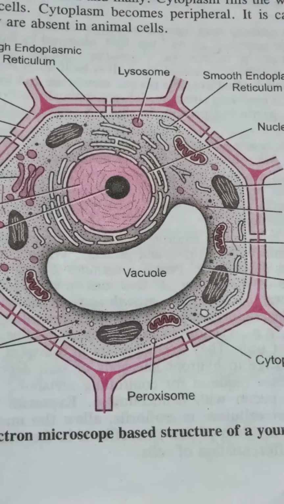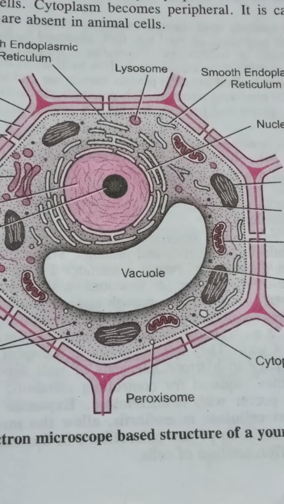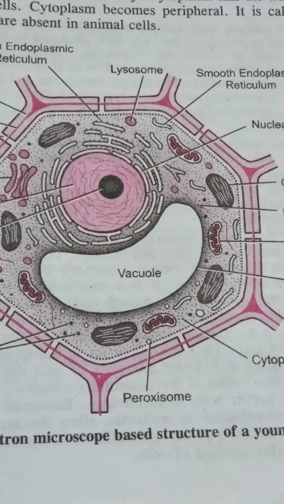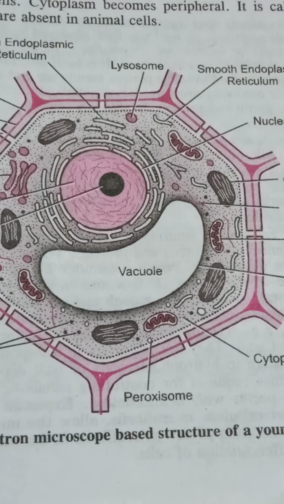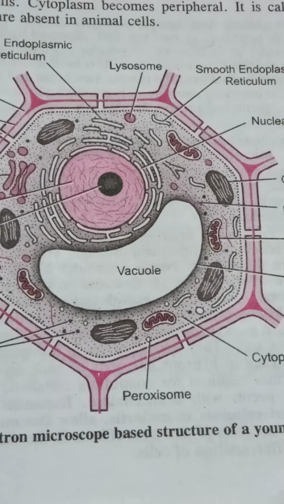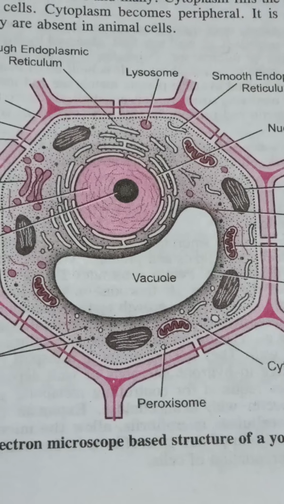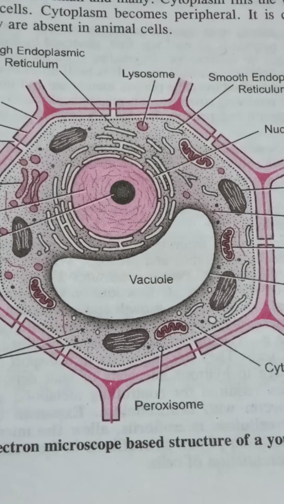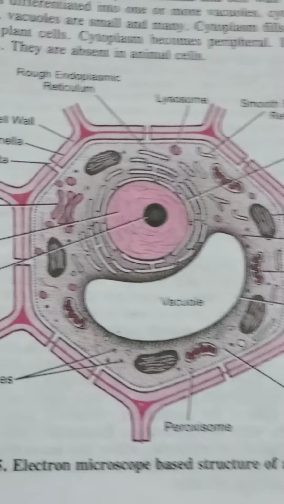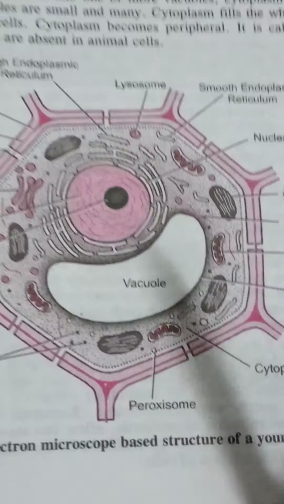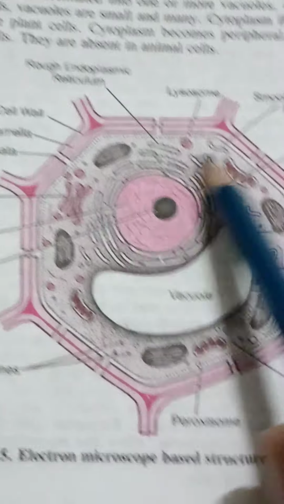Now the main functions of this cytoplasmic matrix are that it consists of different types of raw materials for various synthesis processes. Then it helps in exchange of substances, and some products of cell organelles are passed into this matrix. It acts as the site for synthesis of different biochemicals like carbohydrates, proteins, coenzymes, etc. Then it also shows cytoplasmic streaming movement, and some catabolic activities like glycolysis and anaerobic respiration take place within this cytosol. So this is a very important part.